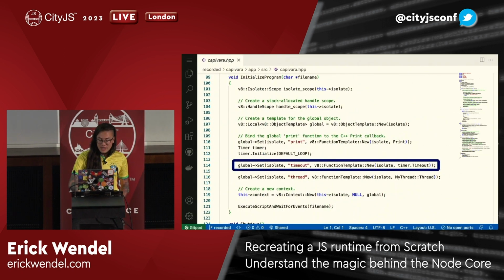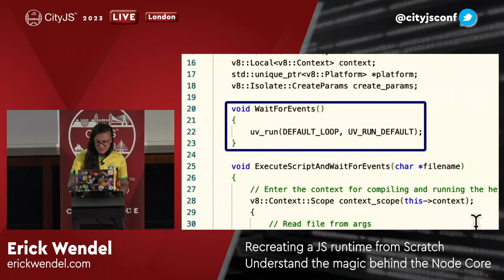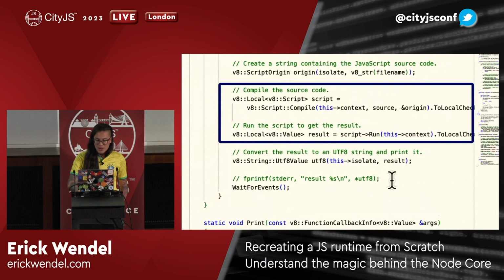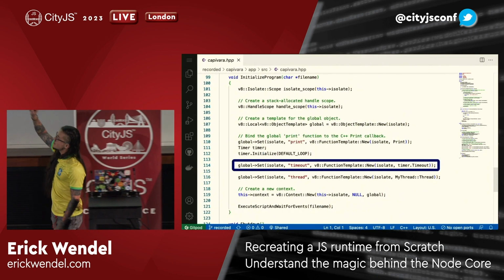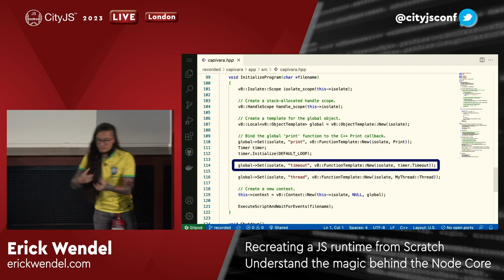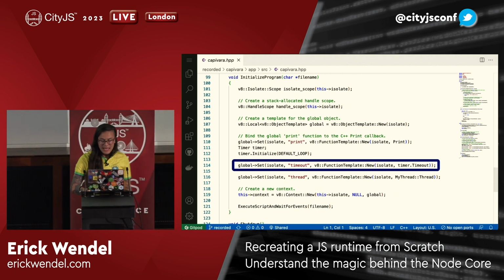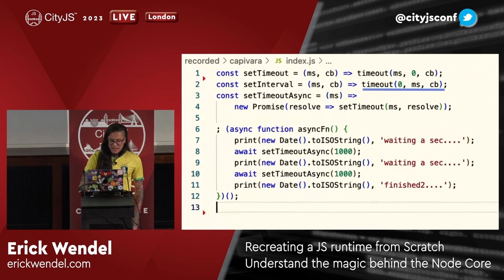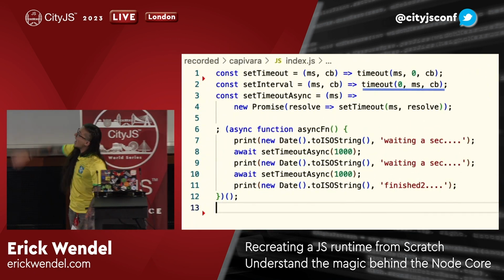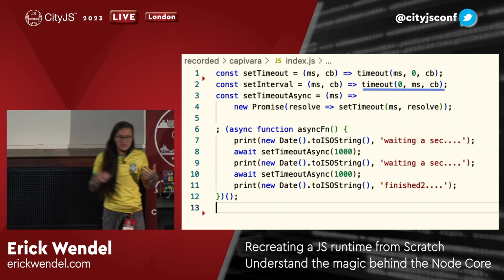If we look at the code of the set timeout, it's exactly the same thing we've done to our print, right? So we put there the set timeout, which is the text we're gonna use, and the function I'm gonna call it. Nice, and in the JavaScript side, I have actually the whole code that we usually have there.